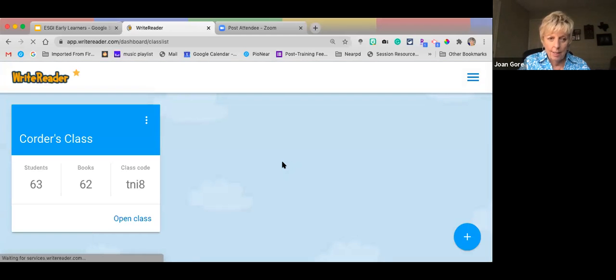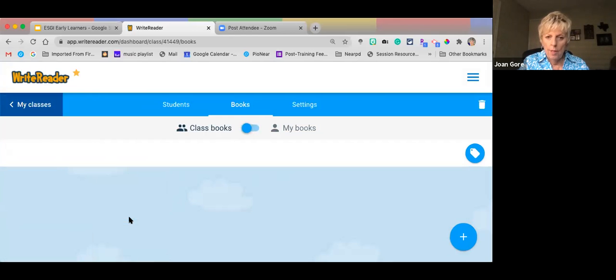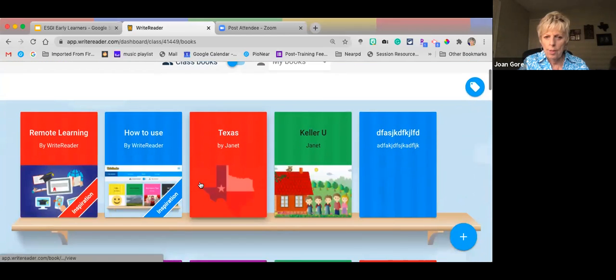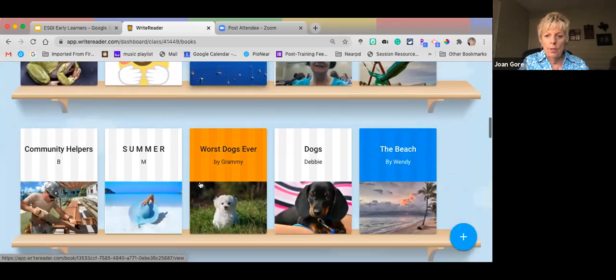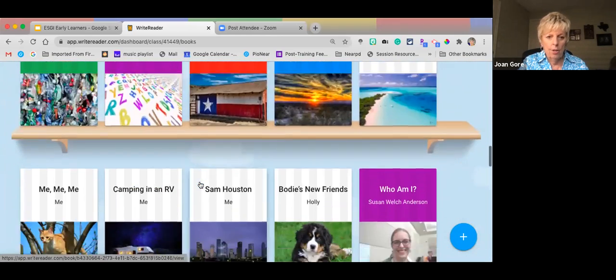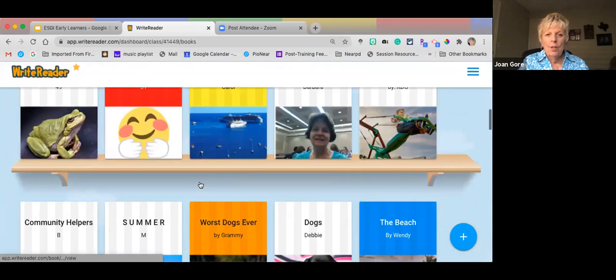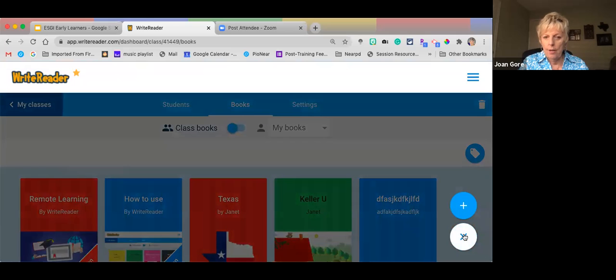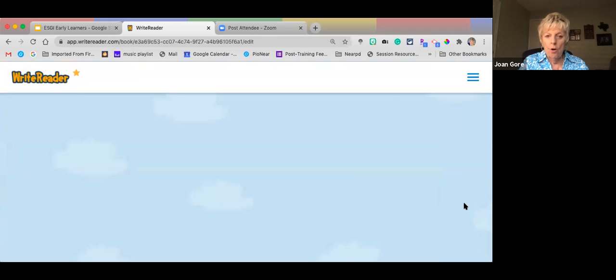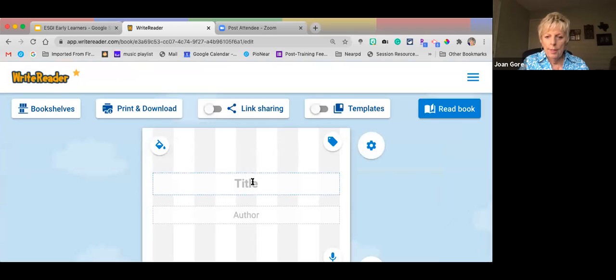Now, Janet is in her class. You set up a class and you get a code, and that's the code that you'll share with your students. And when she opens her class, you'll see all these books on her bookshelf. And so these are all books created by her students. So all she has to do is to hit the plus sign over there, and now she is going to